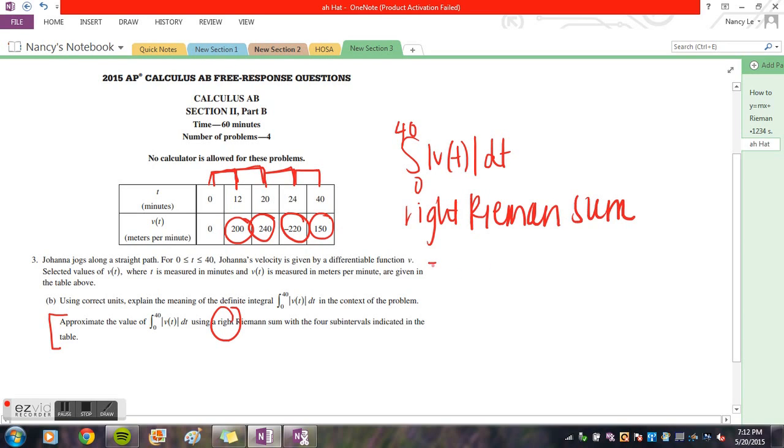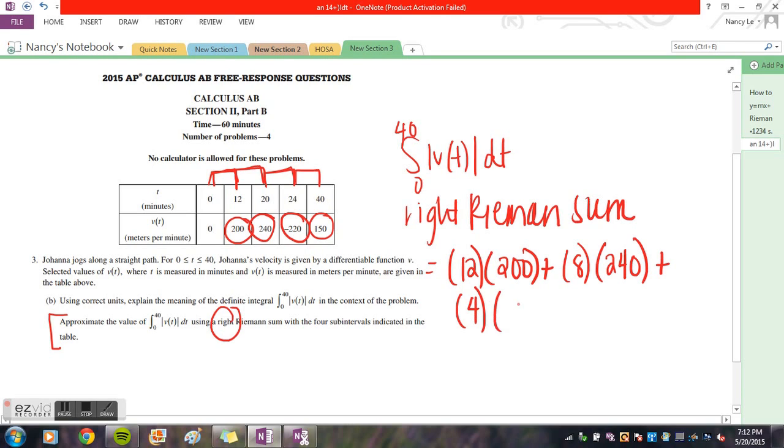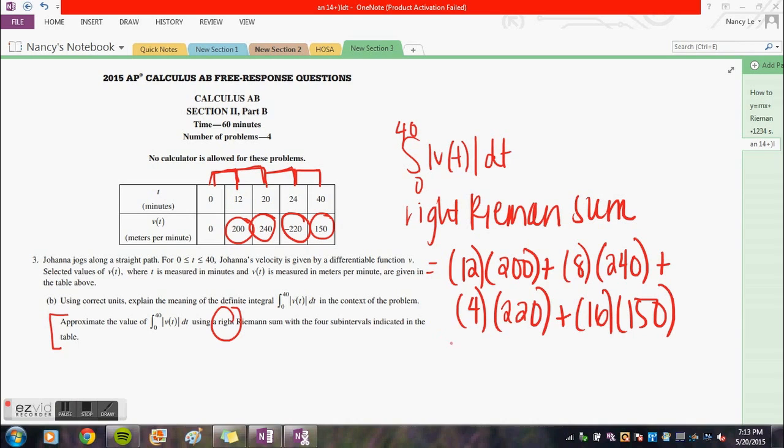So the width of 0 to 12 is 12, and then the right value is 200, plus 12 to 20, so 20 minus 12 is 8, times 240, plus 24 minus 20 is 4, because that's the width, and then times 220, because remember, we're taking the absolute value, plus 40 minus 24 is 16, times 150. And then when we solve for that, we get